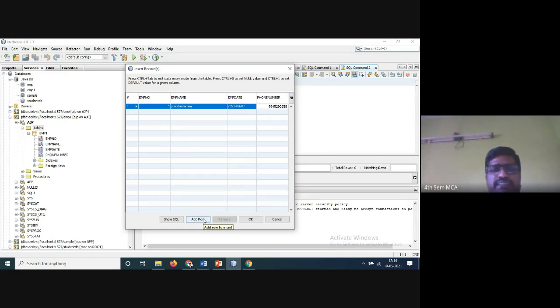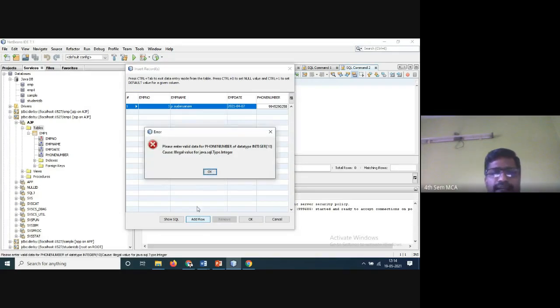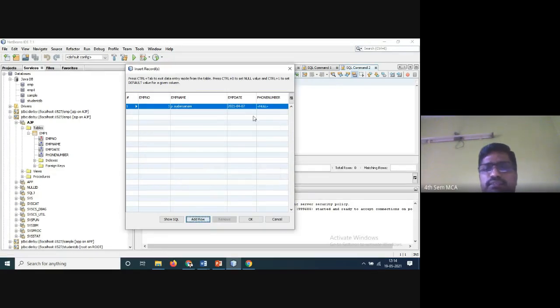Are you able to get it? Can you see add row? Yes, sir. So you can add it. Okay, 10 numbers only have been given.